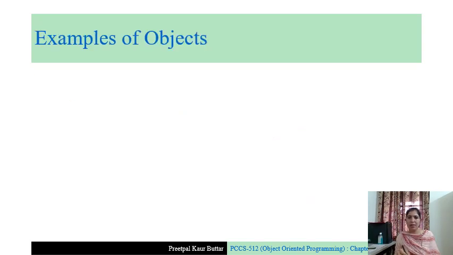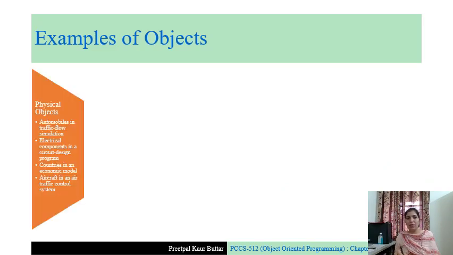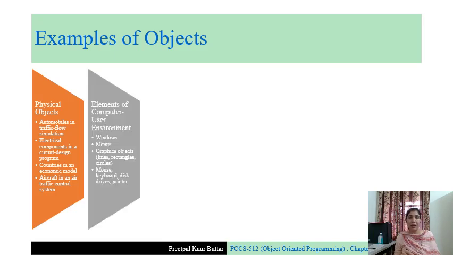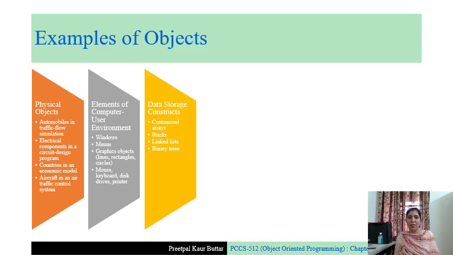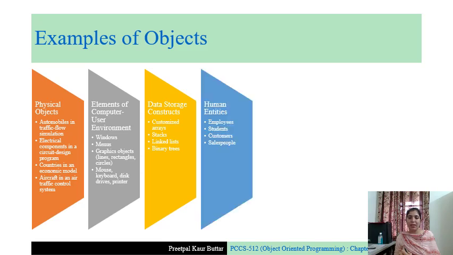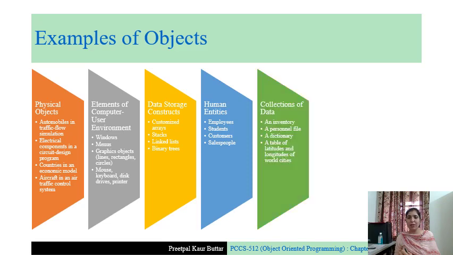Examples of objects. Any real world thing can be an object. For example, physical objects, automobiles, electrical components, countries, aircrafts, elements of computer user environment, windows, menus, graphic objects, mouse, keyboard, etc. Data storage constructs, customized arrays, stacks, linked lists, binary trees, human entities such as employees, students, customers, salespeople, collections